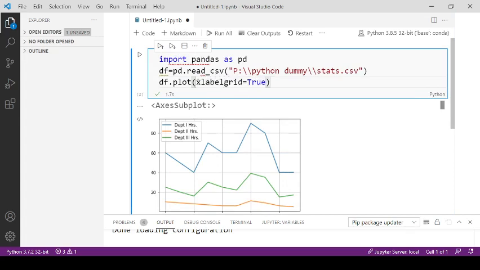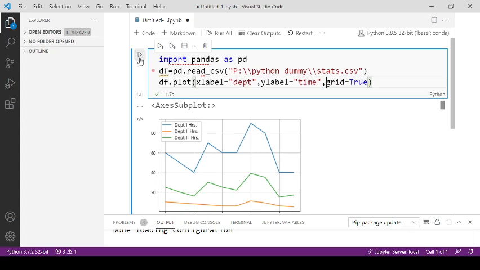Based on your requirement you can assign the value to xlabel and ylabel. Here the x-axis represents department, so I am writing dept, comma, I am writing ylabel. Here the y-axis represents time, so I am writing time. So now we have three parameters named xlabel, ylabel and grid equals True.